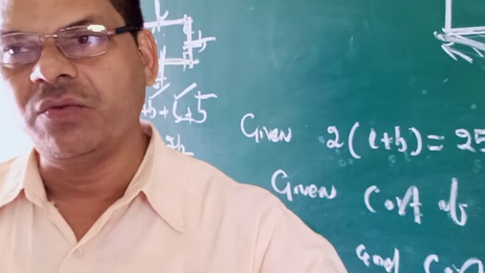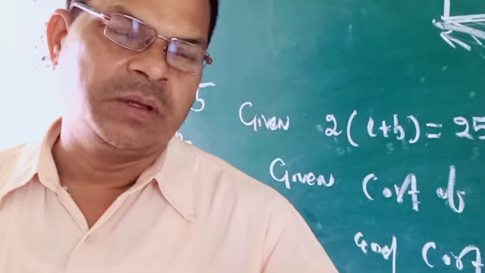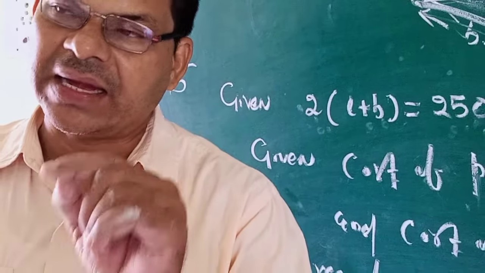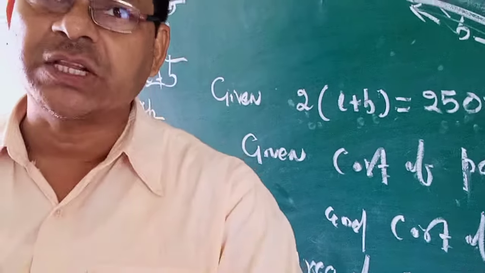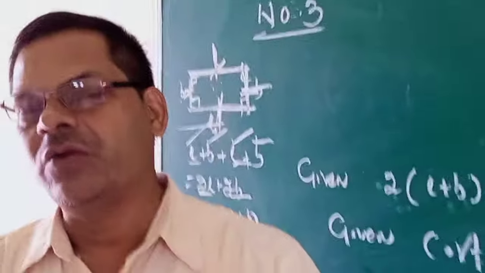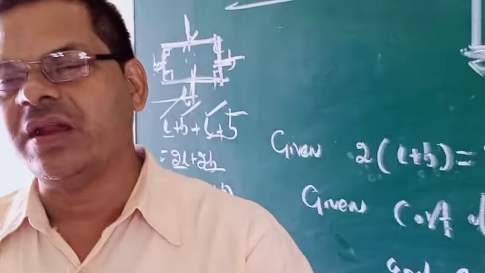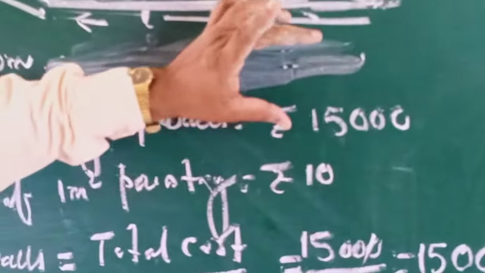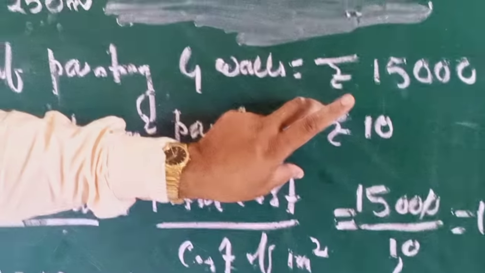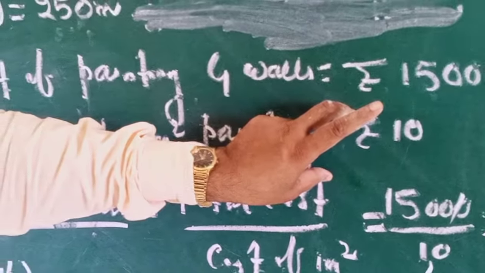So you have taken 200 rupees, and the vegetable seller told you that the cost of 1 kg potato is rupees 50. So how much kg potatoes will you purchase? Rupees 200 divided by 50, means the total rupees divided by cost of 1 kg potato. So same process: if the cost of painting 4 walls is 15,000 and cost of 1 meter square painting is rupees 10, just like this is the total rupees you have taken, and this is the cost of 1 meter square, like 1 kg potato is rupees 50, and 200 by 50, 4 kg potato you will purchase.